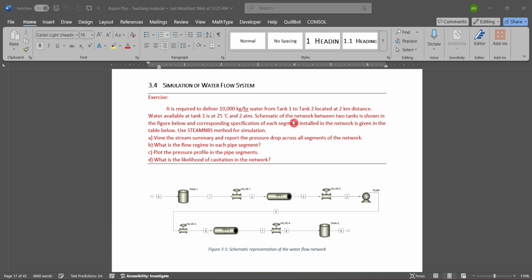The schematic of the pumping network is given below, where the water is taken from tank 1, passing through a control valve, then a pipe segment including certain fittings, then a control valve after the pipe segment before the pump. The pump will deliver a certain pressure to accommodate the pressure drops between the two tanks, and after the pump, another control valve followed by a pipe segment with the fittings followed by a control valve before the water enters the